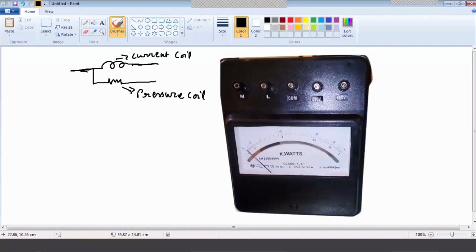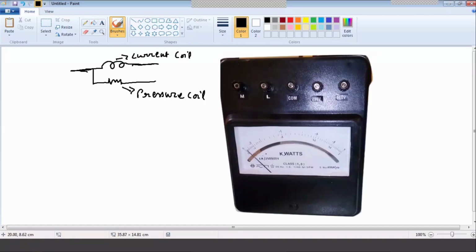So it works on a 50 hertz supply, for both DC and AC. It can handle 4 ampere of current, and for voltage you can use up to 250 and up to 500.